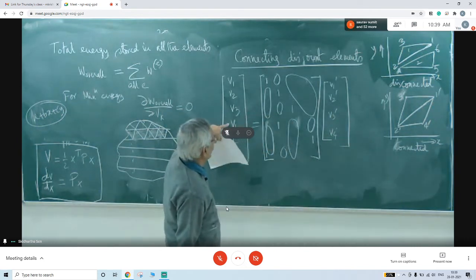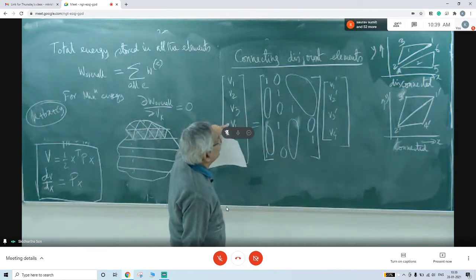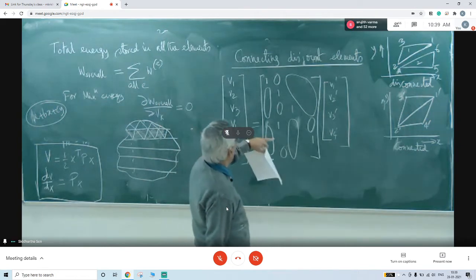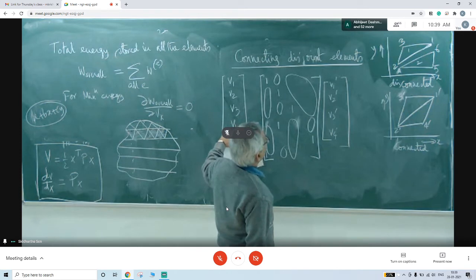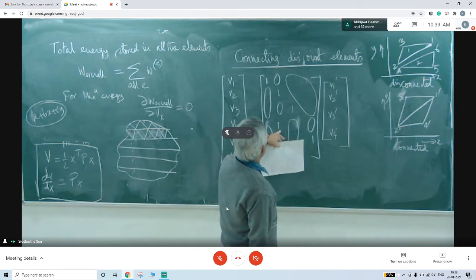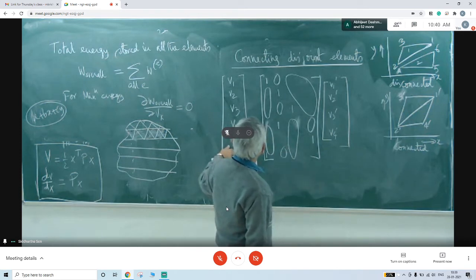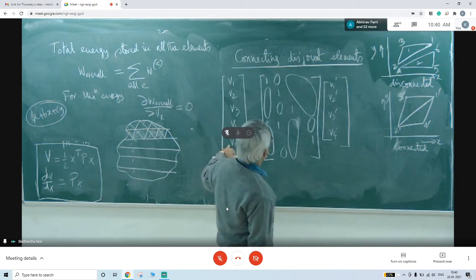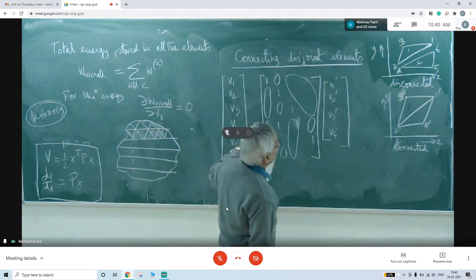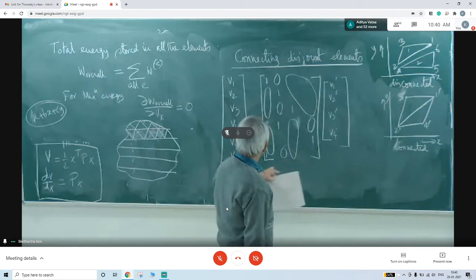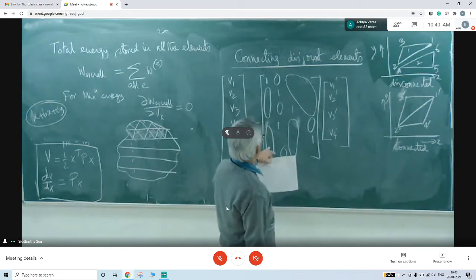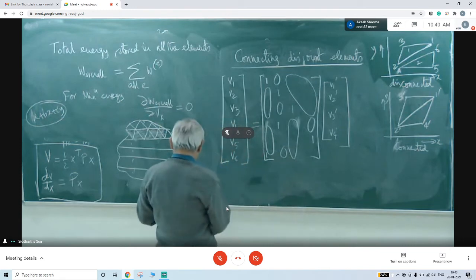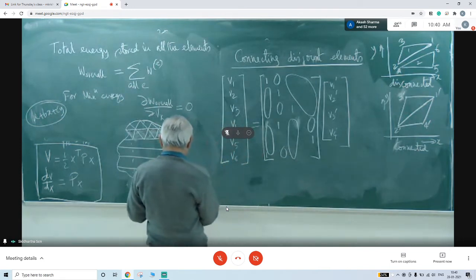And V4, we have found, is equal to V2 dashed. And again V5, what is there? It is independent. It is nothing but V4 dashed. And V6 again is equal to V1 dashed. So this is the thing by which we can say that